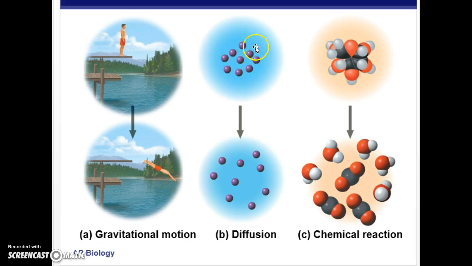Or here, going from this state to this state in diffusion, we're actually increasing the entropy of the system. We're increasing the disorder of the system here. And then in this chemical reaction, we're going again from this state of order to a more disordered state. And so we've had an increase of entropy, and most likely we've also had a decrease in total enthalpy of the system because this is going to result